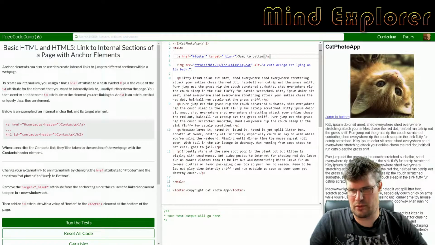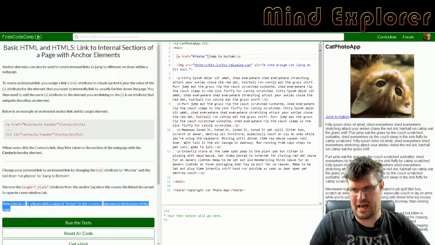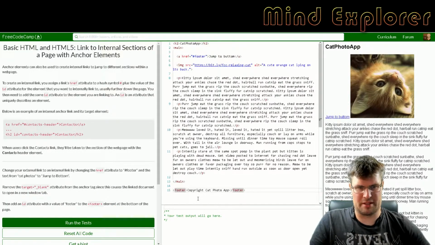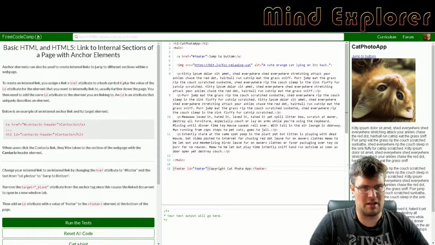And we should remove target blank. So that's one thing that I want us to do, since it causes the link document to open in a new tab. And then we need to add the ID to the footer element down here. So let's add an ID footer. There we go. And I think they wanted this, just so you can jump to